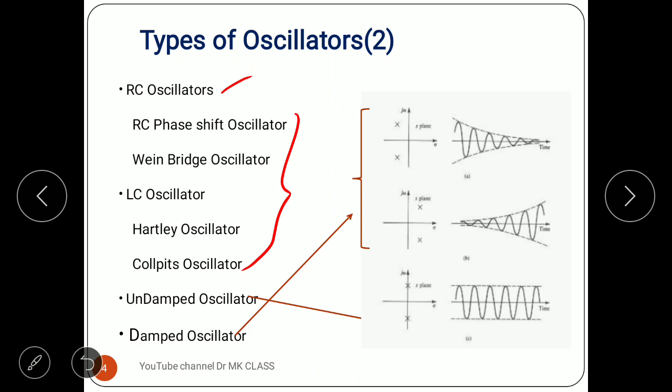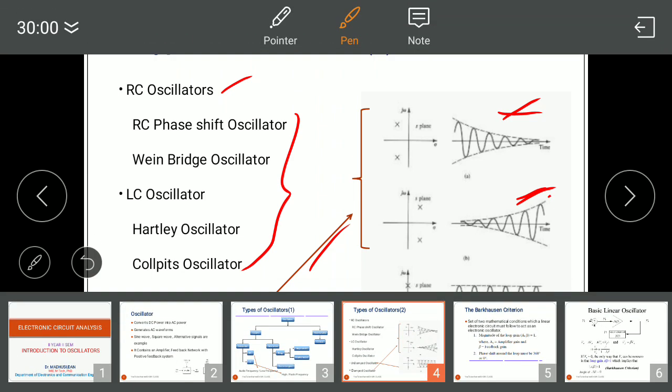In the oscillator output, it should not be a damped oscillation. Damped means the signal is decaying or increasing with time. If it is decaying, after some time it will go to zero. We don't want that. If it is increasing with time, one time it will become a danger to the electronic component, and the component will burst or short circuit. Anything may happen. So we don't want these types of waveforms